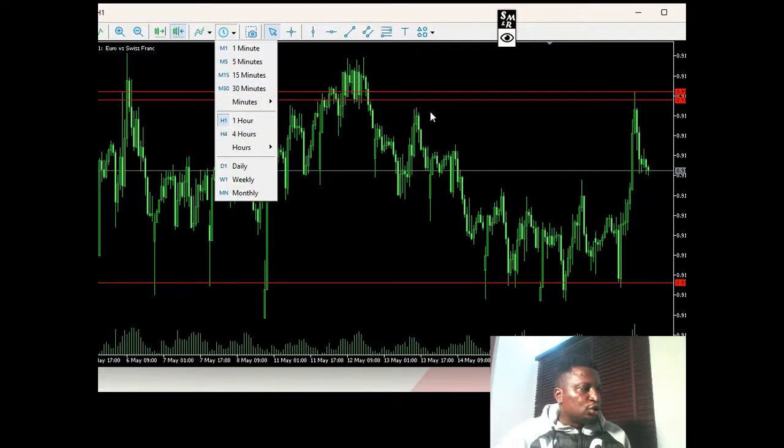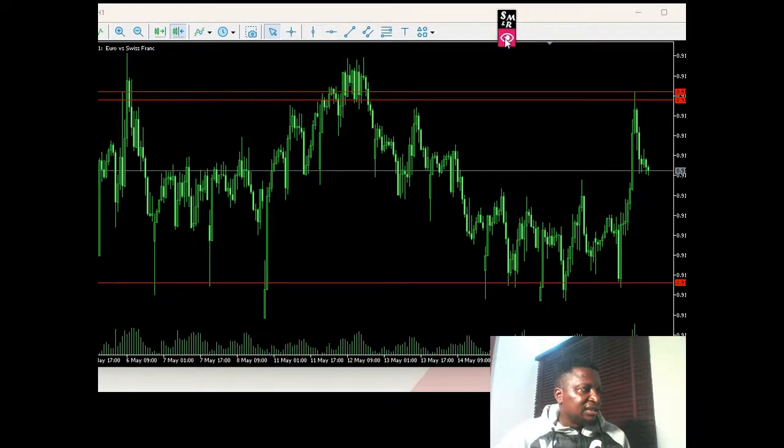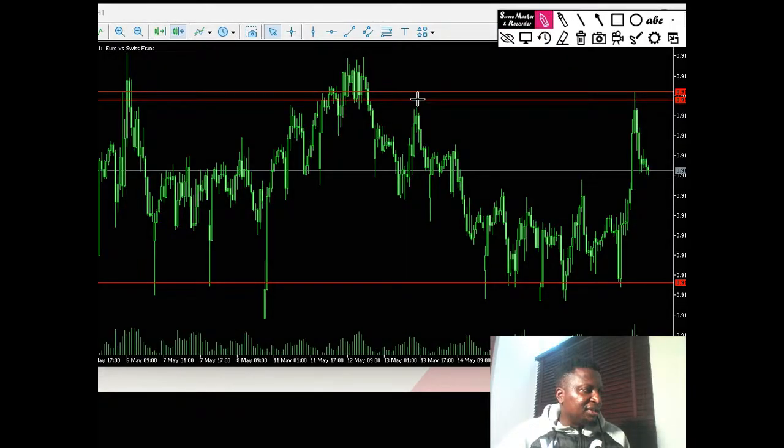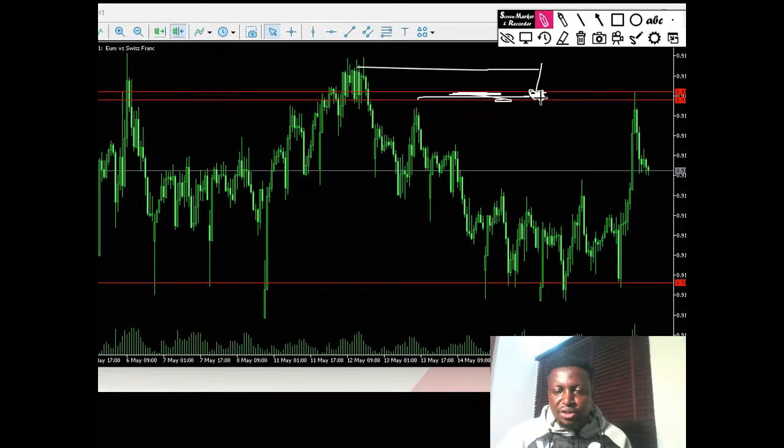4 hours is higher. So if this is a support, or let's say a resistance on 4 hours, even if your take profit on 1 hour is here, this place will reject your price. Market will struggle to cross here, because this is a major resistance, because you drew it from 4 hours. For example,